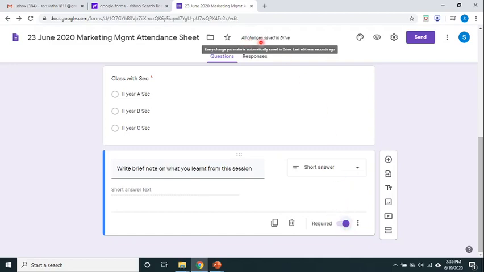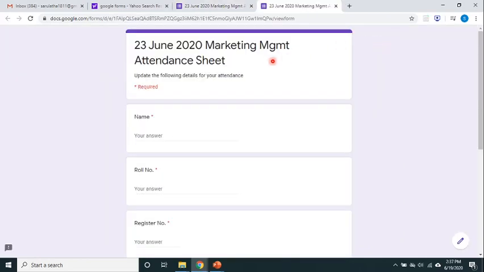See, we have to note here all changes are saved in Drive. There is nothing like that you have to save this particular file. Whatever changes you are making will get automatically updated in this particular Drive. Every second it will be updated. So there is no concept of save itself here. Once we are done with this, we can go to the preview. Whatever you see here is the preview. So I'll be able to see the preview of the form that I have created.